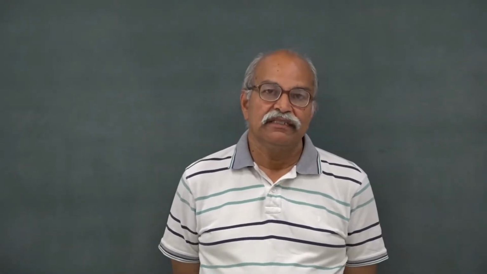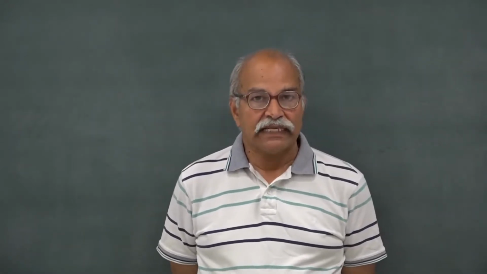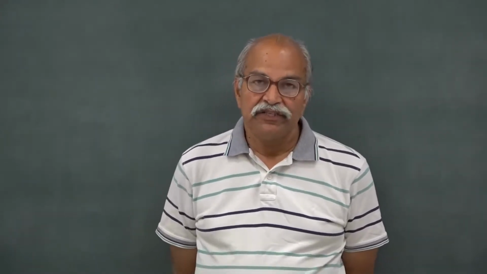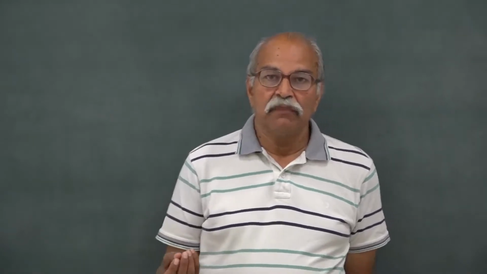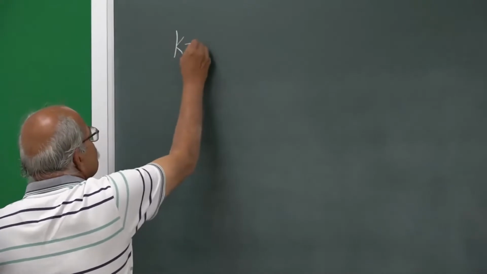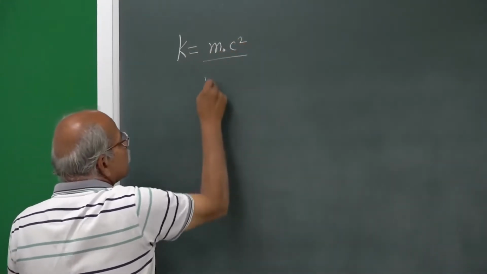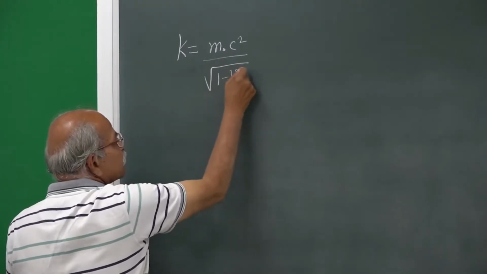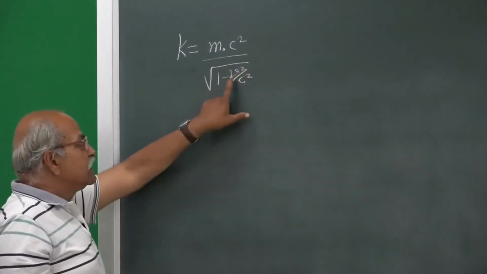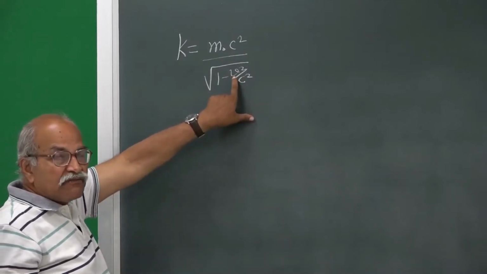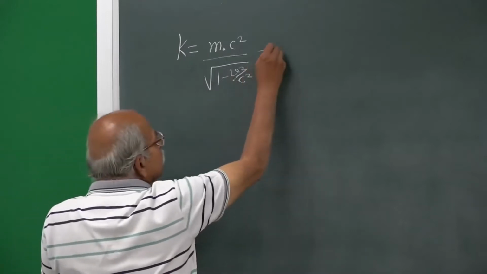So, in the previous lecture we derived the expression of kinetic energy in terms of the speed of the particle. If we have a particle of mass m naught, we derived that kinetic energy is m naught c square divided by square root 1 minus v square by c square. This v here is the speed of the particle. Particle is moving with speed v,